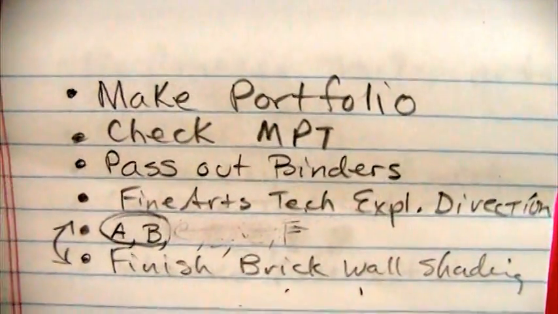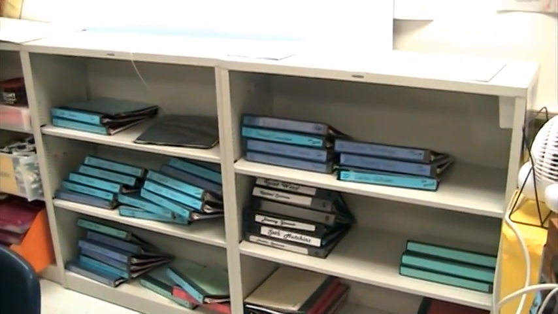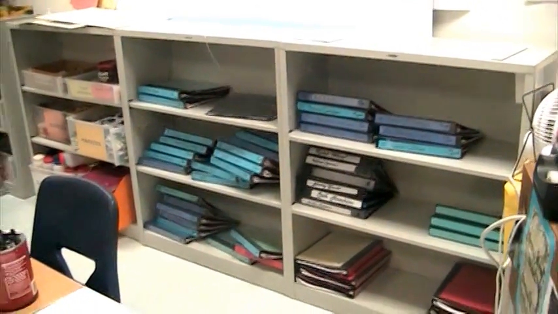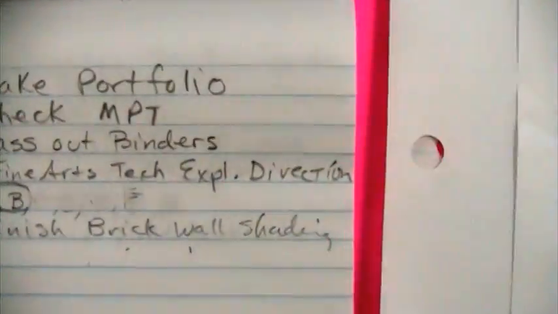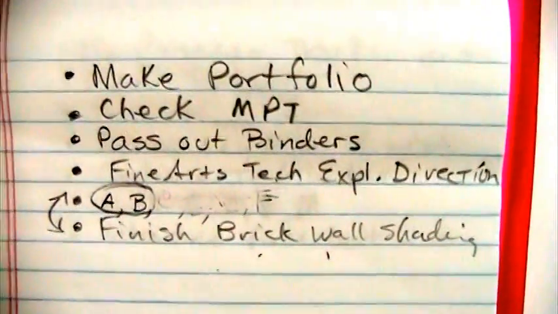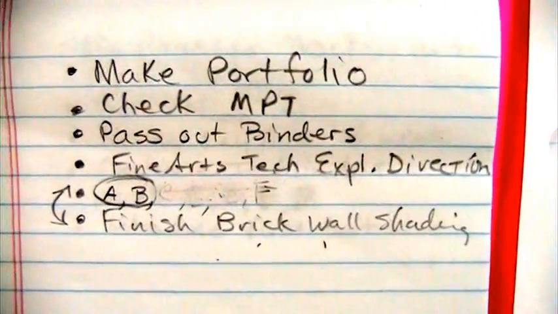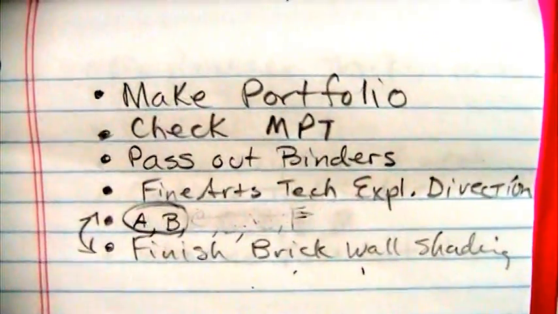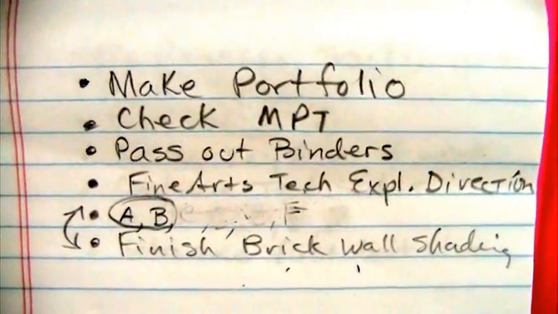We passed out the art binders, and if you remember what those look like, they are being stored over here. Okay, those are on loan to you. I took notes for you, so there's lots and lots of information in there. It's also a great place to store thumbnail sketches and small drawings and notes that you'll be taking. But there's a lot of information in there, vocabulary lists, different techniques, drawing information, and because our first unit is online coming up, there's a lot of information online that you'll want to look at. You can't take home the binder, but you can take out the material that's inside it if you need to